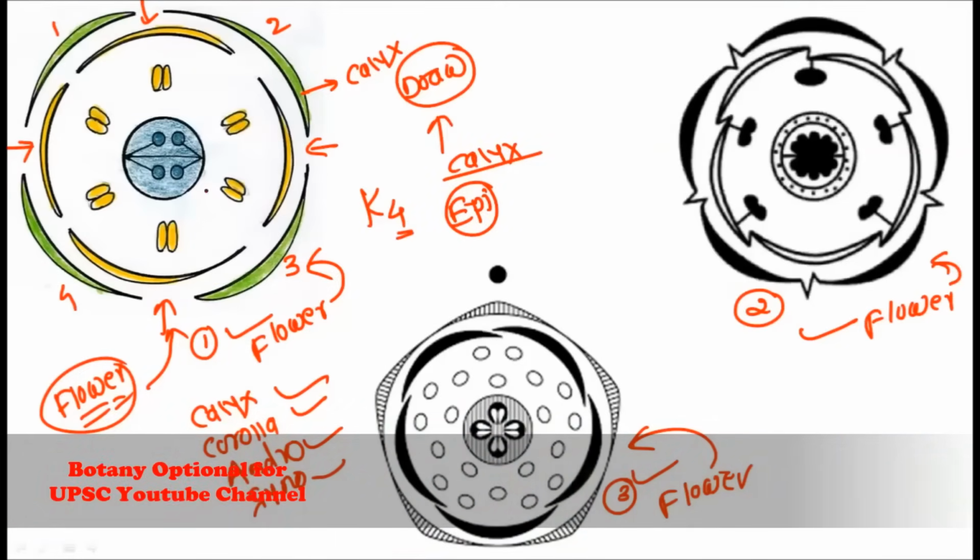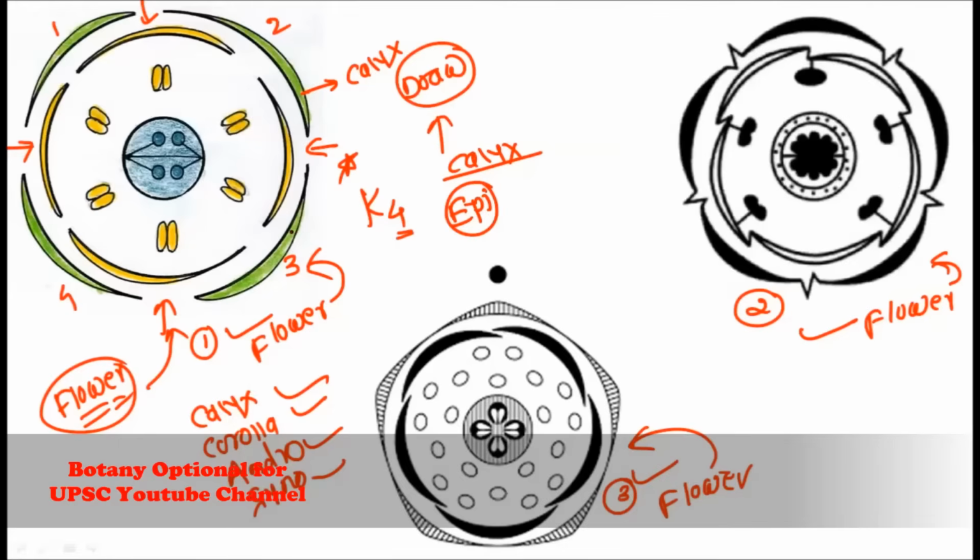So in this particular floral diagram you will have the K4 condition, and the polysepalous condition is there, and valvate aestivation is there because they are aligned on the same radii. Due to the presence on the same radii, they show valvate aestivation. So by looking at the floral diagram, you can judge what the aestivation in the calyx of the flower is.